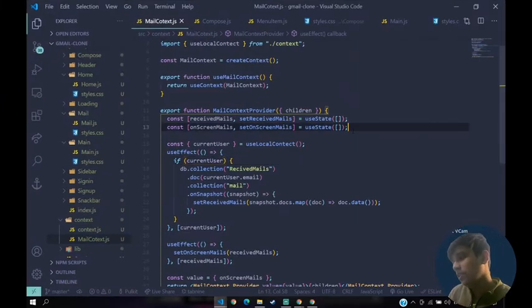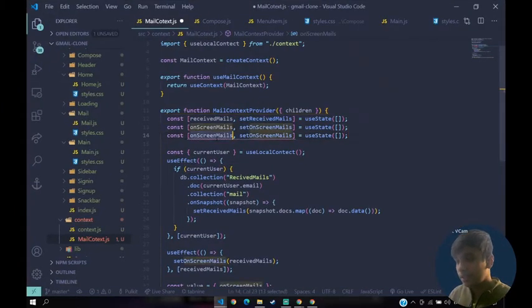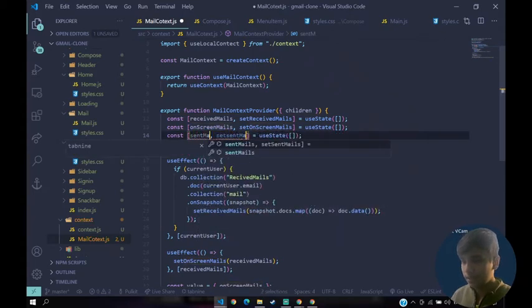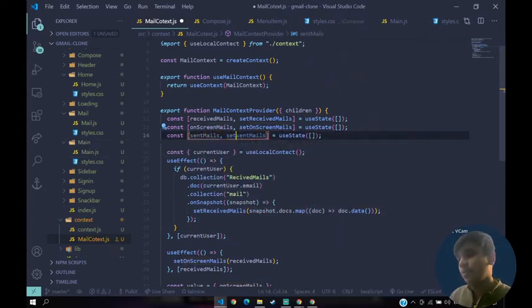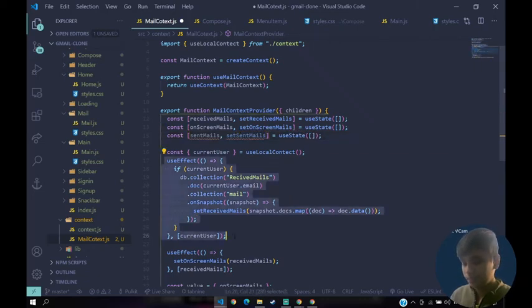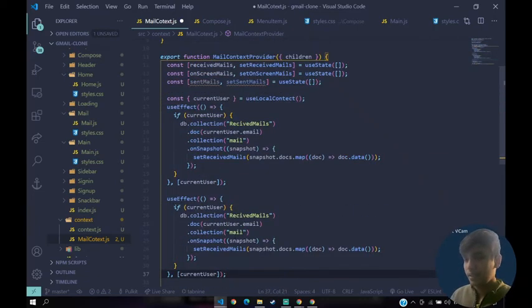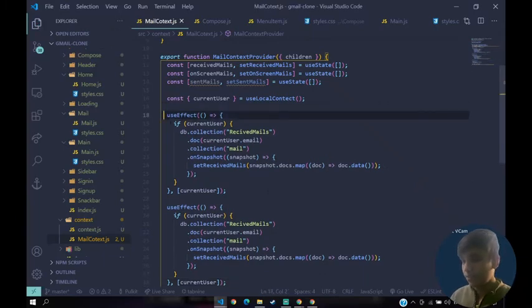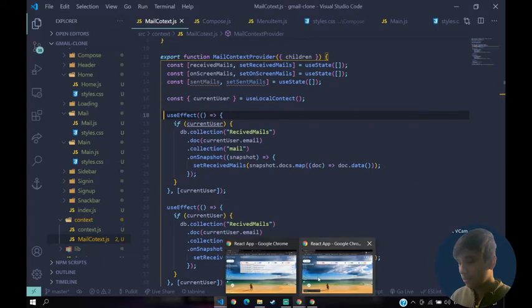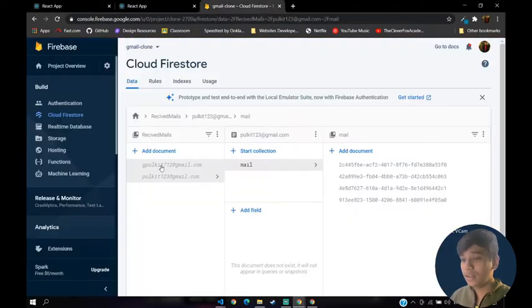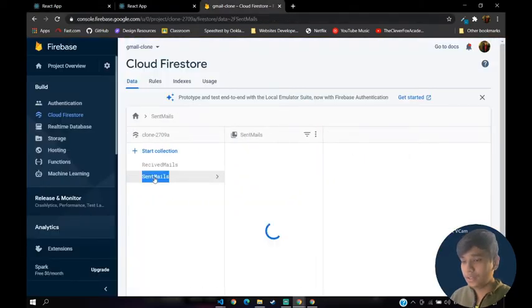First of all, we need to create another state which says sent mails, right? And now we'll just copy this and paste it here. And if I open up my Firebase once... So here I'll get the sent mails.